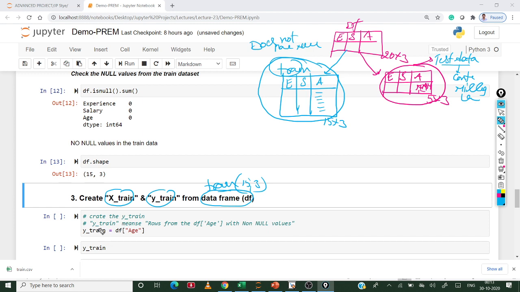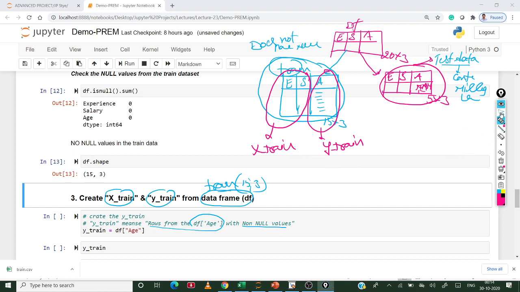Y train means rows from the df of age with non-null values, so df of age we assign to the Y train. This part we consider as the Y train, and this part we consider as the X train.